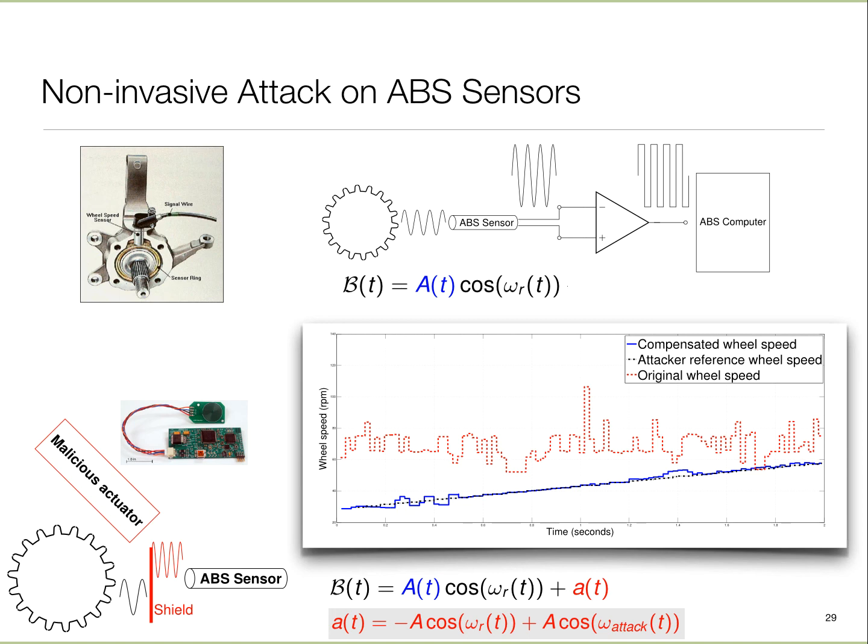So what this student did was the following. He basically designed a malicious actuator. So essentially a tiny little circuit which injects a magnetic field out here so that the sensor gets fooled. And now the idea is we are able to give this thing the illusion of any speed.